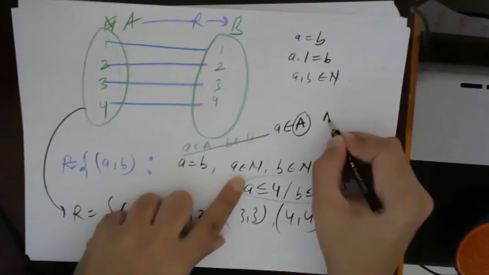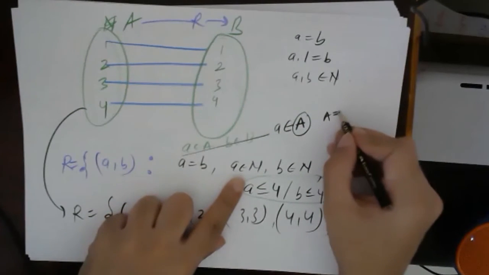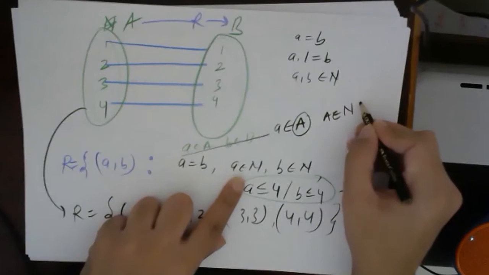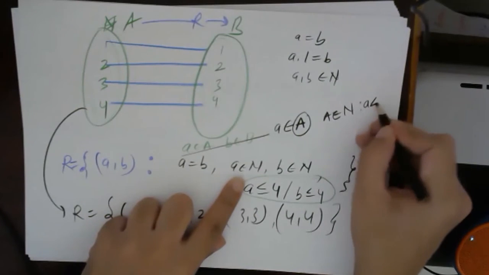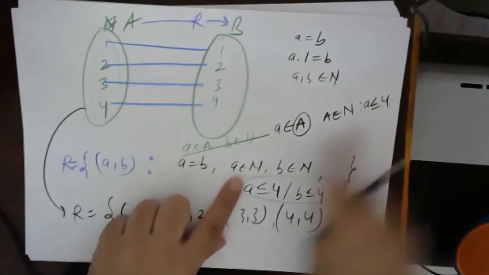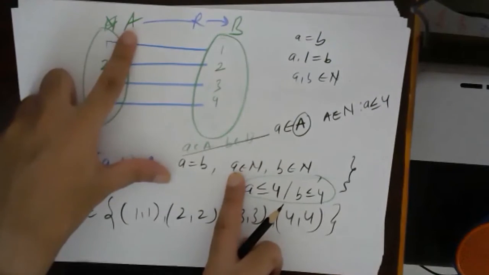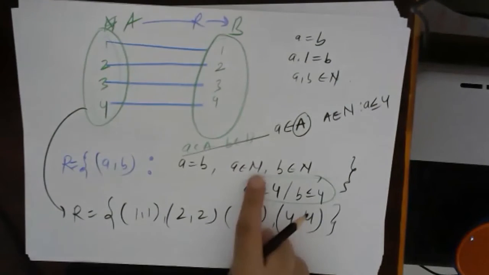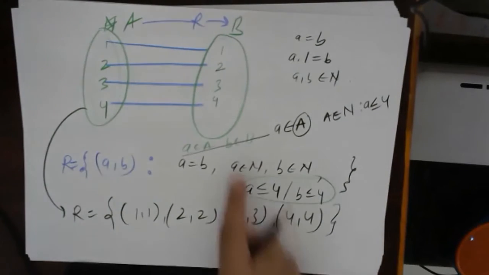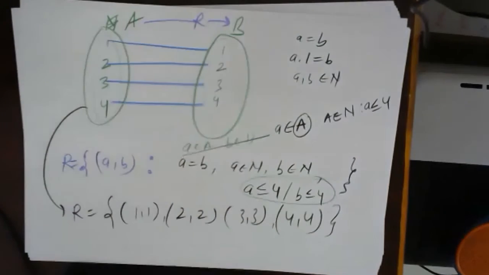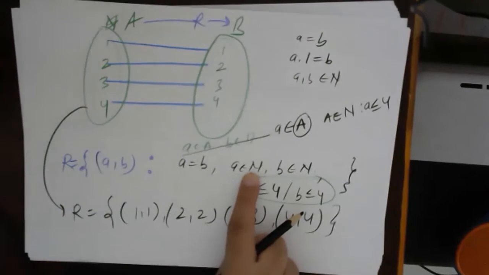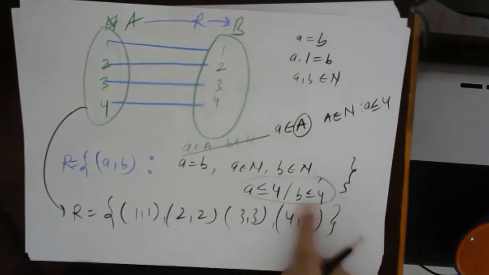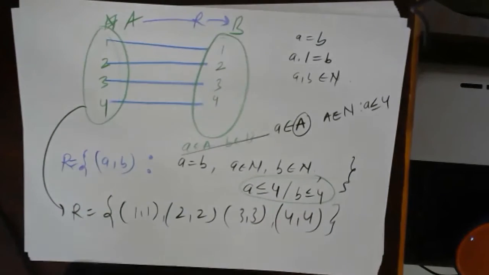Then I can write that A belongs to natural numbers such that A is less than or equal to 4. Again, I have to define. If I am writing A belongs to capital A, then I have to write what capital A is. Here I need not define what capital A is. I just said that A is an element coming from some set with a random name, which contains natural numbers, and the natural numbers are less than or equal to 4. Understood? Everyone? Fine. Very good.